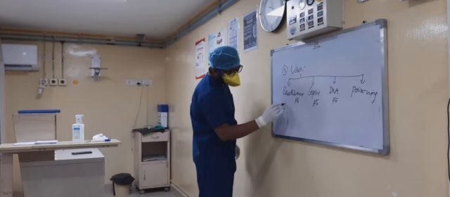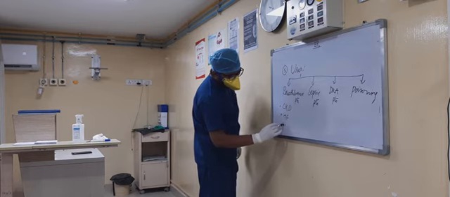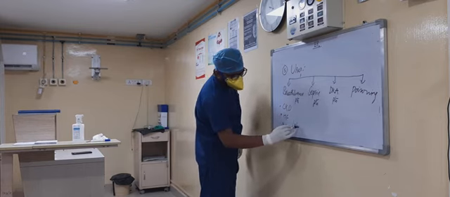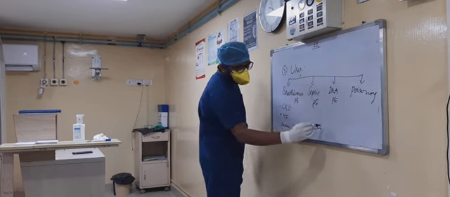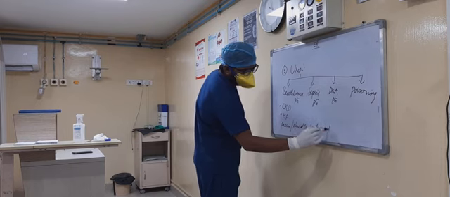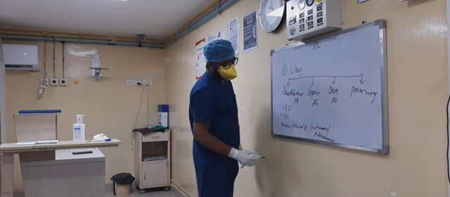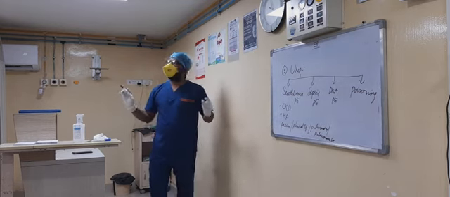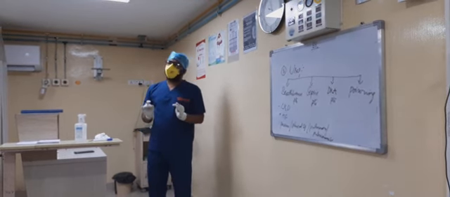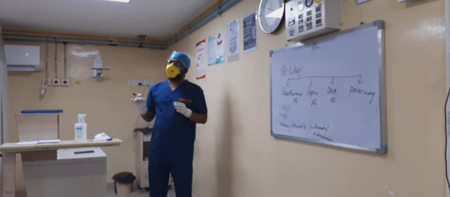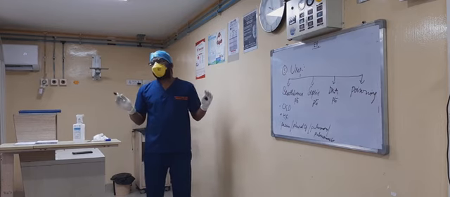Breathlessness can be because of CKD, because of heart failure, because of pneumonia, pleural effusion, pulmonary edema, pulmonary embolism, cardiomyopathy, anything. Any breathlessness patient, you have to take the ABG. Minimum oxygen saturation should be less than 92. If the patient is having less than 92 saturation, you can take the ABG.